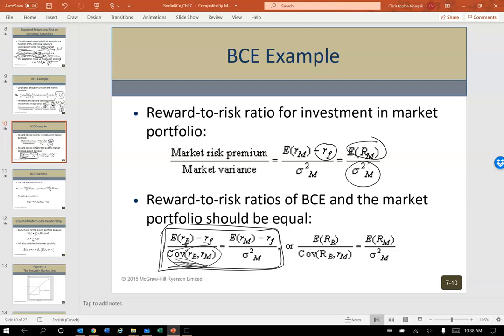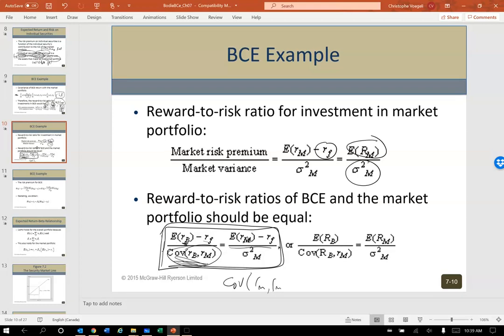to its risk, the covariance of investment B with respect to the market, will be equal to the excess return of the market, M for market, relative to the covariance of the market with the market, which is the same thing as the variance. So I just want to remind you here, if I did covariance of return of the market with return of the market, that is the exact same as saying the variance of the market, which is standard deviation squared of the market. Okay, so normally covariance, as you might recall, would be like x_i,